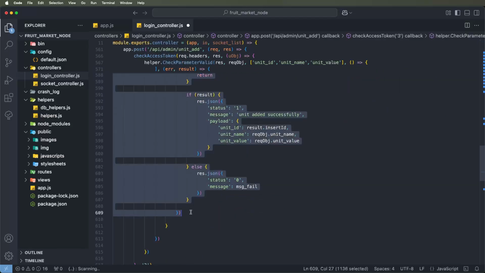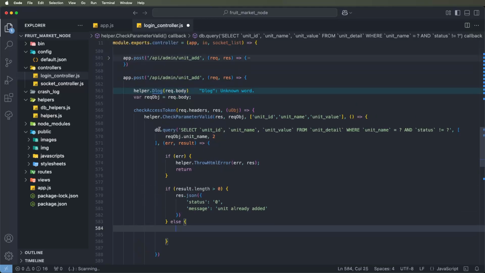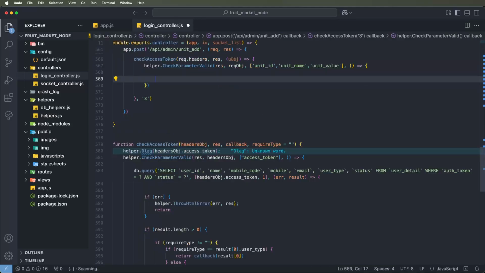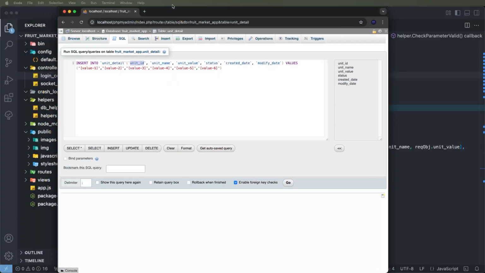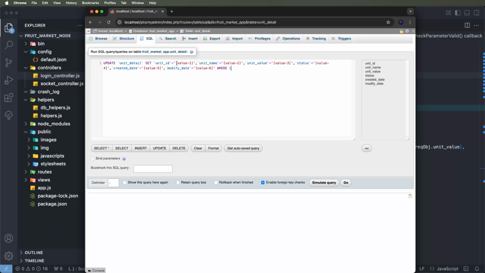We need to remove the unit id, and also remove the status, and created date is not needed, so clean and modify. We need to set the value as now, and set a question mark for passing the dynamic value, and unit id and status